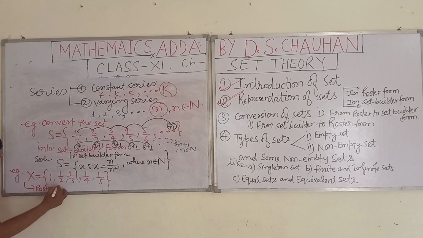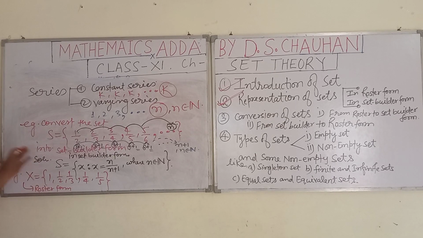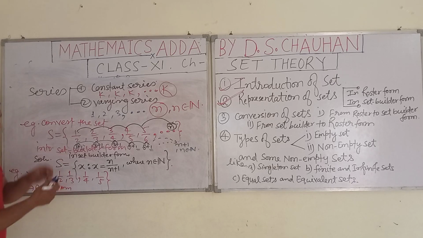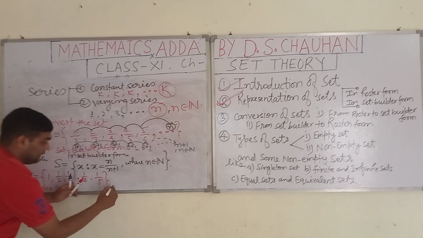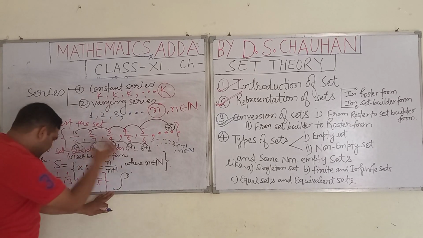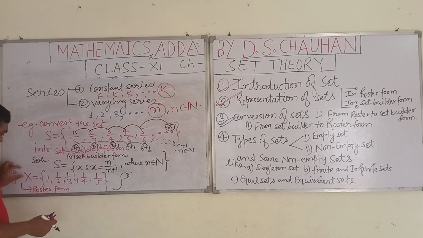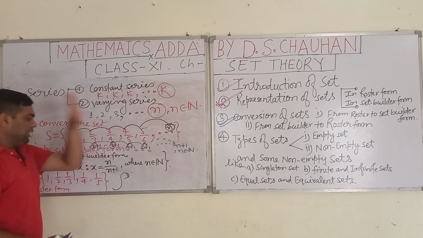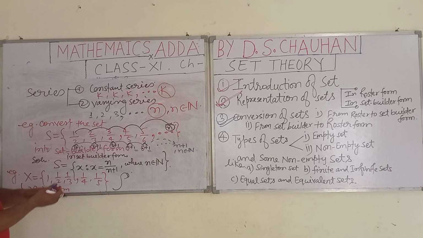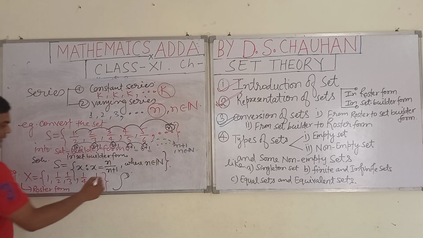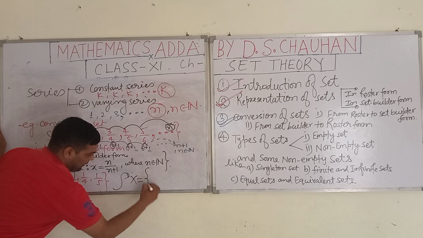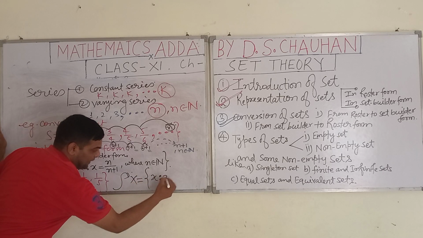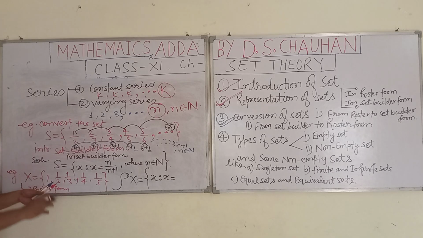And students, we would like to write it in set builder form. So how will we write it? Try to understand. Here it is in roster form and we would like to write it in set builder form. See what we can note down, students. Here, try to understand, this x can be x such that x equal to what will come,